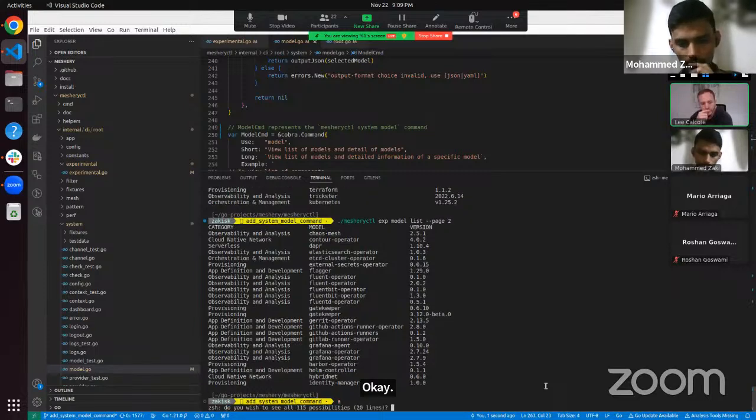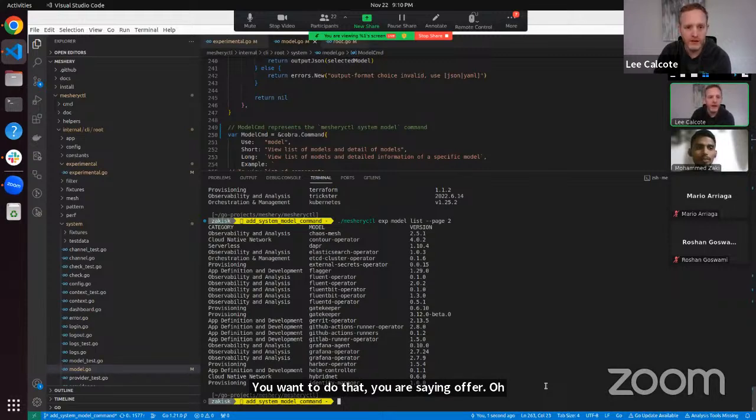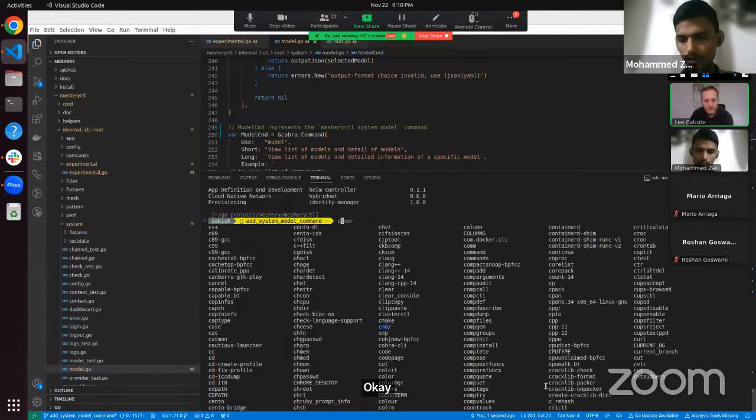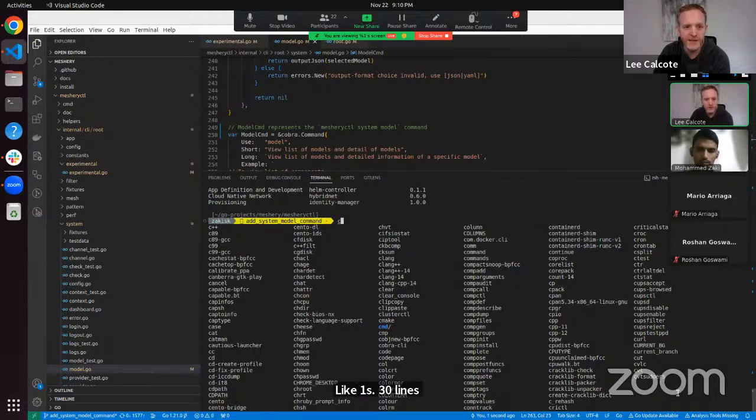You are saying to ask users for the next page, like, one second, 30 lines. Like, was that an example? Do you want to see all 130 lines?